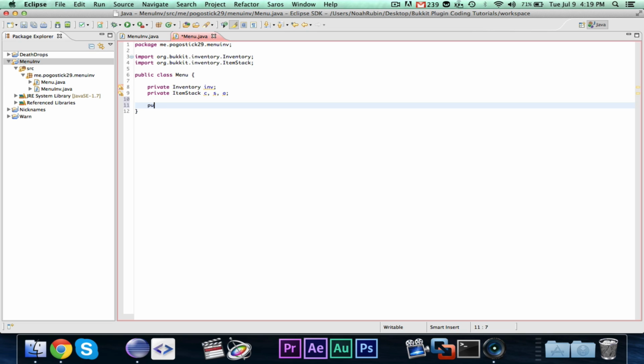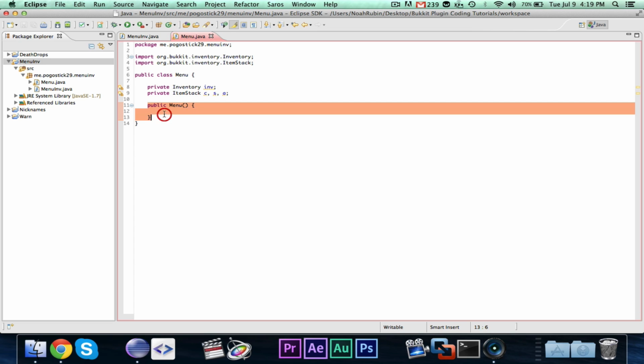Then we're going to have our public Menu. This is our class constructor, and this can be helpful because if you have multiple menu classes, then you can have different constructors and whatever. But basically, in the MenuInv, I'm going to have an instance of the menu class, so whatever's in here will be called. So first of all, we want to say inv equals